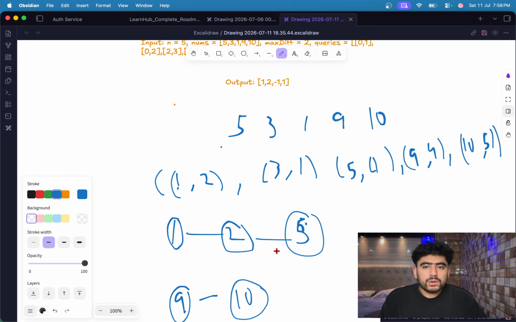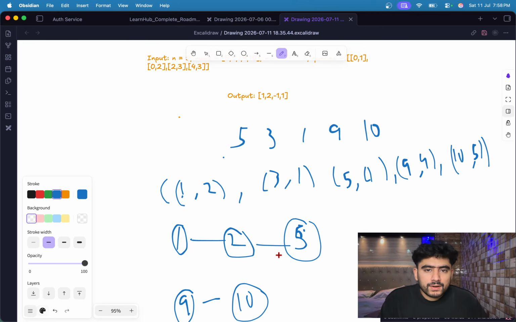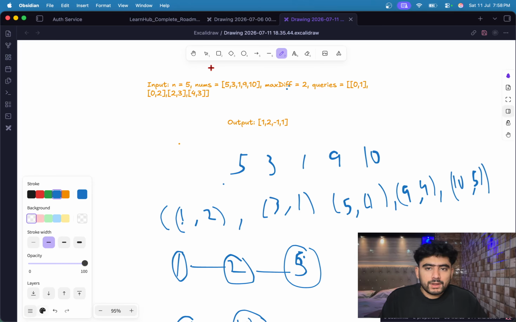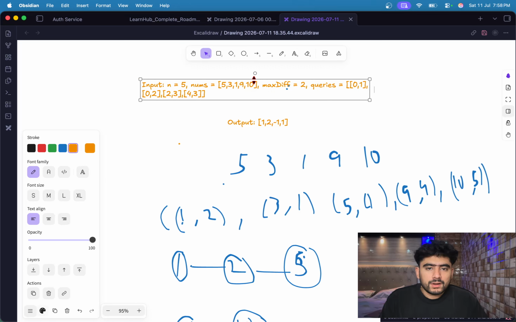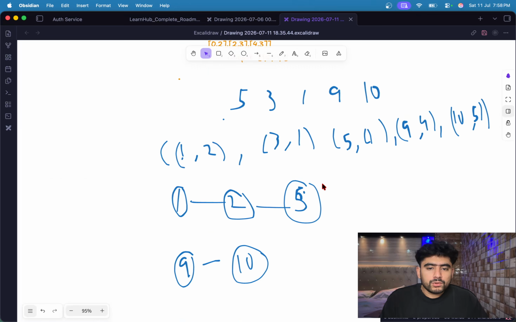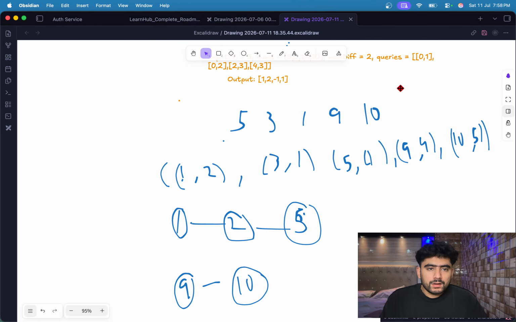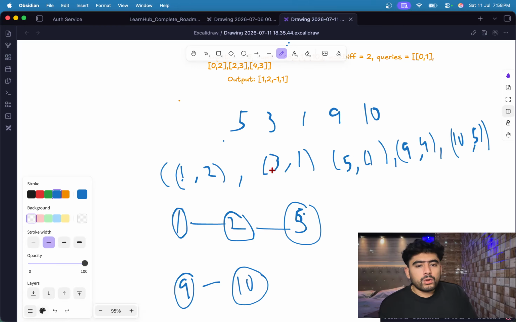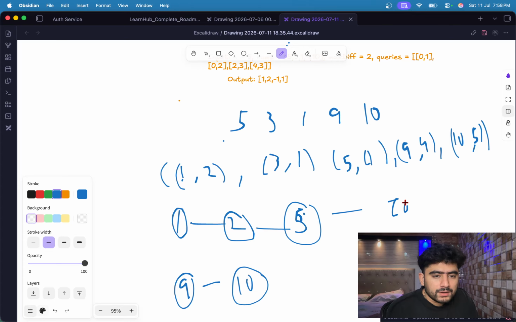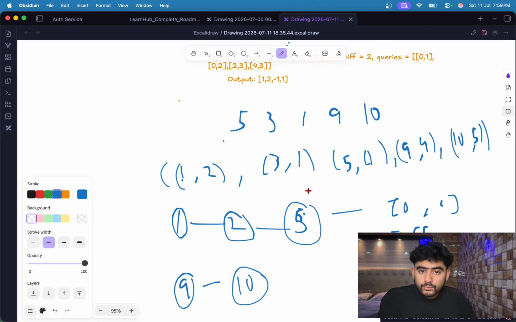After that we have to answer the queries. We have different types of queries, and we have to return the result for them. So our first query is 0 comma 1. So what is that 0 comma 1? How do we get the value for 0? You can see for 0, the value is going to be 5. So if we are solving for 0 comma 1, for 0 the value is 5, and for 1 the value is 3. So we have to check whether the 1 and 3,